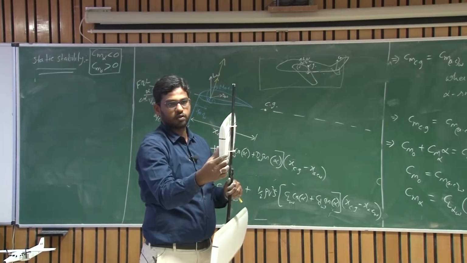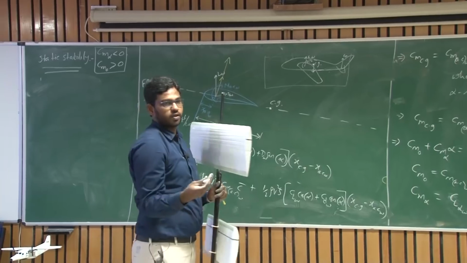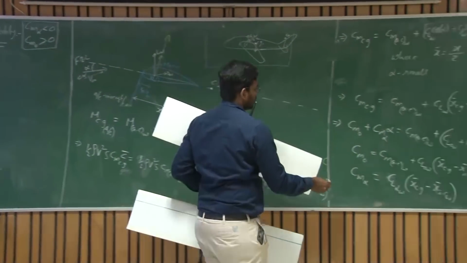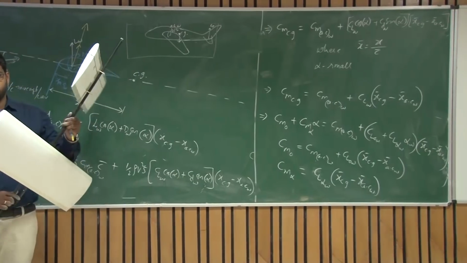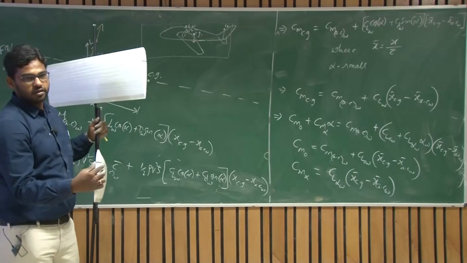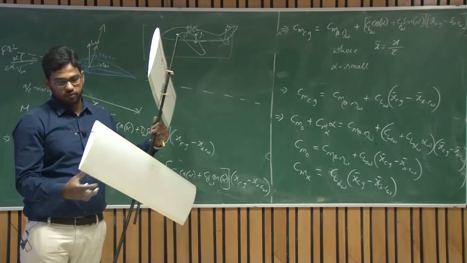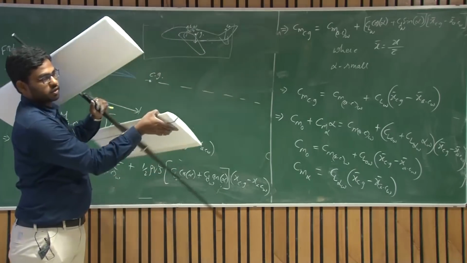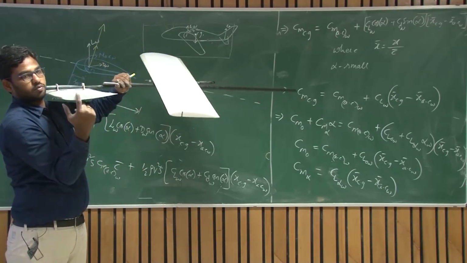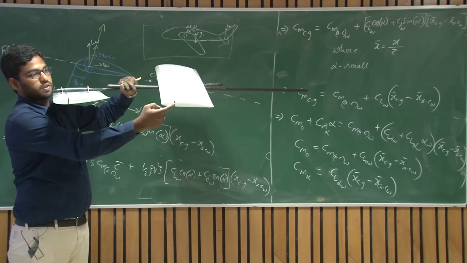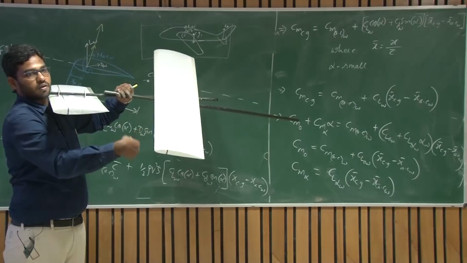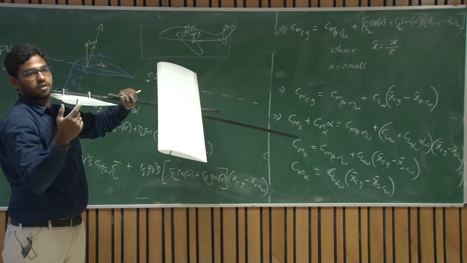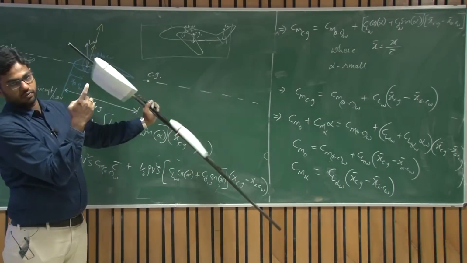It's a symmetric wing, you can see. So for a symmetric wing, the moment about the aerodynamic center of the wing is 0, right? For a cambered wing, it is negative. This is a cambered wing, you can see it's a cambered aerofoil, and this is a symmetric aerofoil. So this is negative. For this, the moment about the aerodynamic center is always a negative quantity. Here it is 0, right?